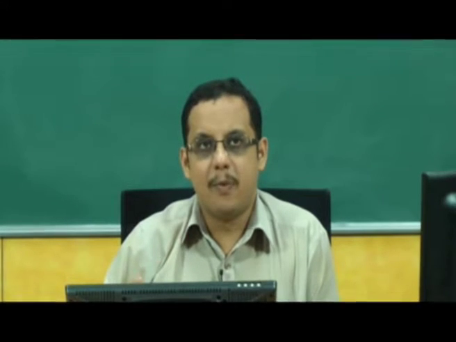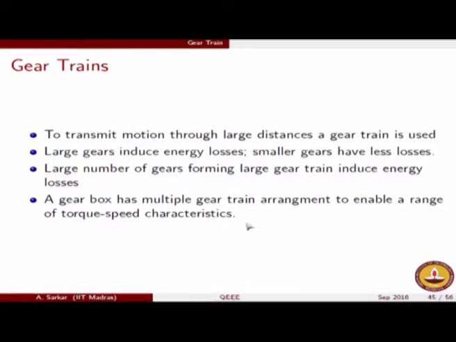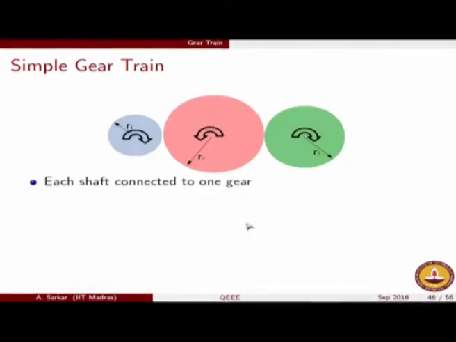So a gearbox essentially contains a lot of gears for the choice of the driver. When he engages one gear or the other, he gets a different torque-speed combination for his own driving habits and for his own driving requirements. So this is what we will see in more detail as we come to the automotive gearbox in a moment's time.